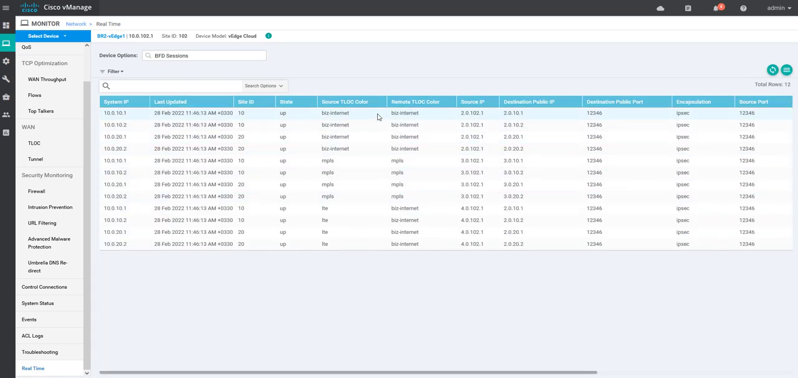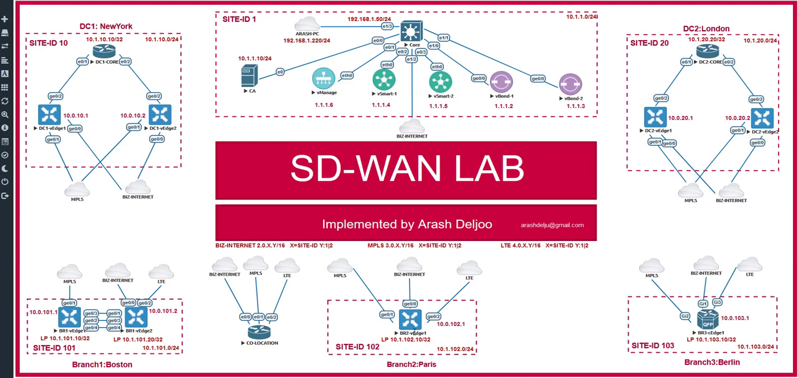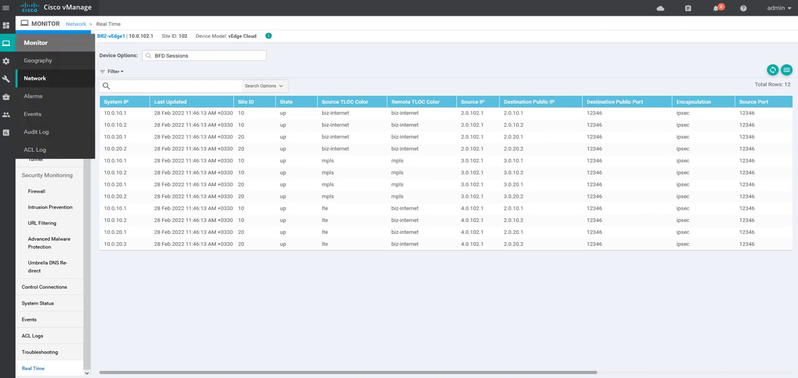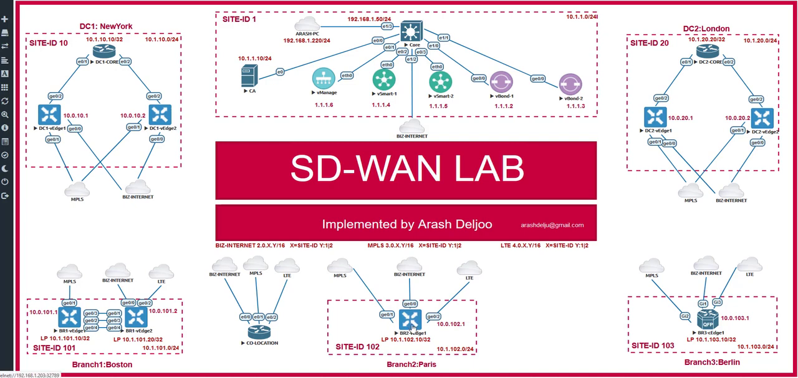Look at here. For example, I want to go from BR2 VH1 to BR3 CH1, 10.0.100.03.1. As you can see here, we have BFD sessions only with site 10 and site 20. Site 10 and site 20. What does it mean? It means that we don't have any BFD session between the BR2 VH1 and site